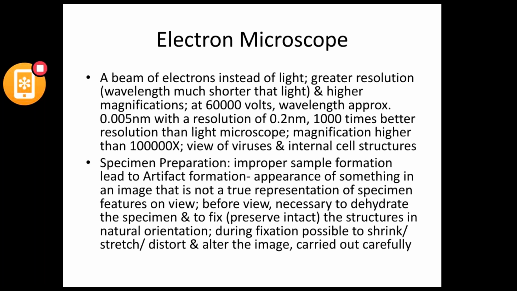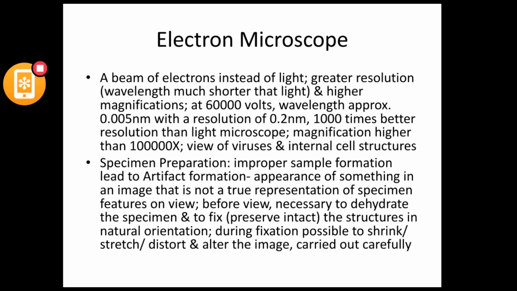That is, blue light of around 400 nanometer has a shorter wavelength than red light, which is around 700 nanometer. Hence, greater resolution is obtained with a blue light source or blue filter over a white light source. This I explained in the first class. Those who were there can recollect it. Here it is the same thing. As the wavelength decreases, resolution and magnification increase. What is resolution? What is magnification? All those things we discussed in the first class.